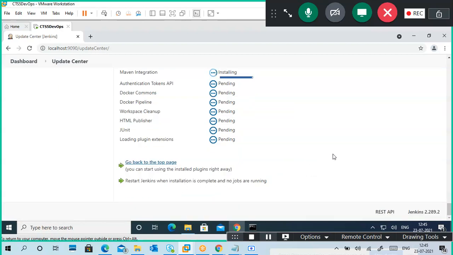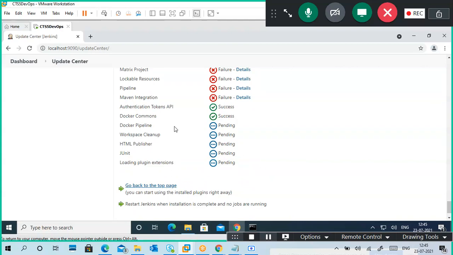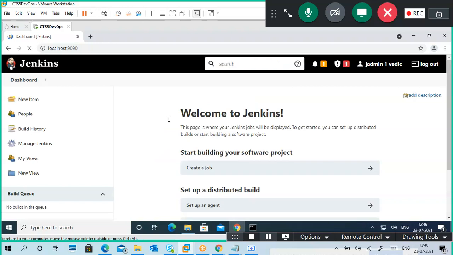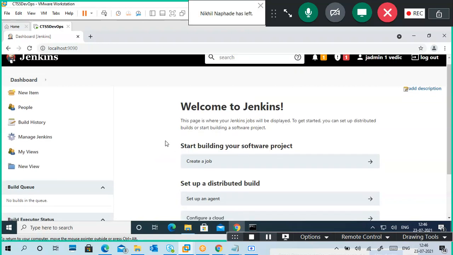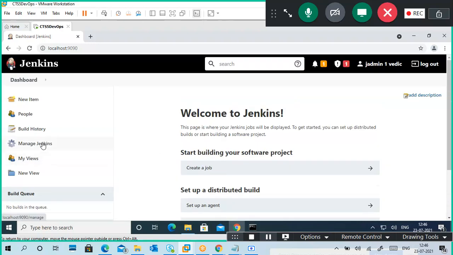So we have to restart our Jenkins. Better to restart the entire PC also. Yeah, the last one, something is successful which we don't require. Okay, no problem. Let it go on. We will go to the dashboard. Last time also it happened like that. So I installed it successfully after restart. Okay, so guys, this is your